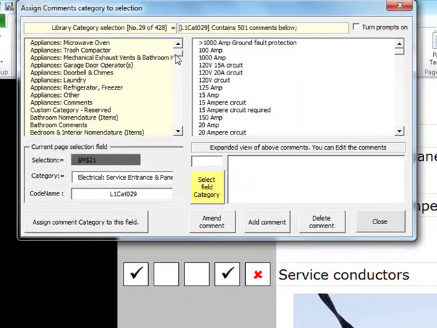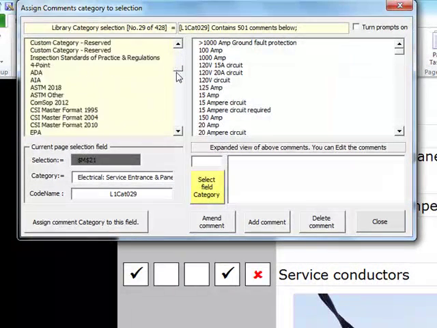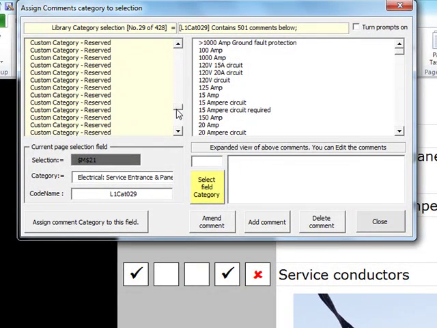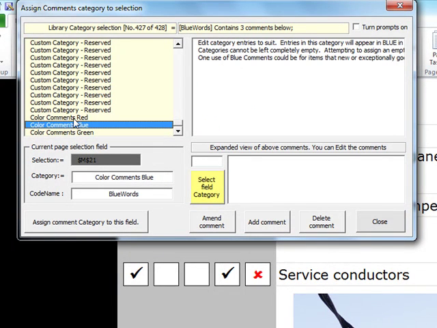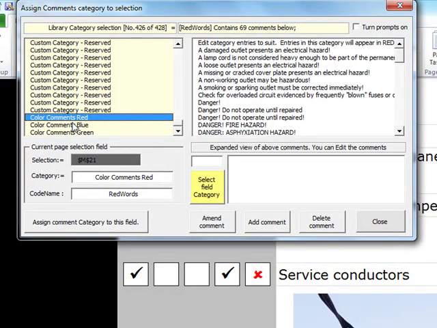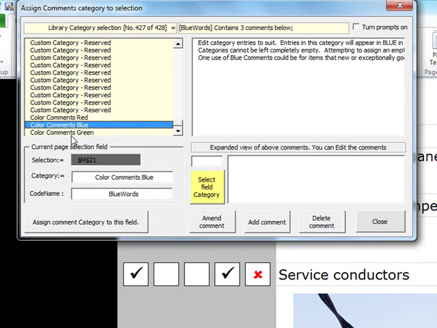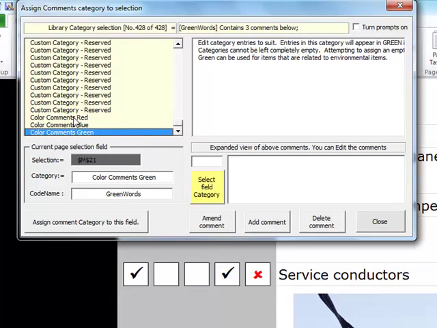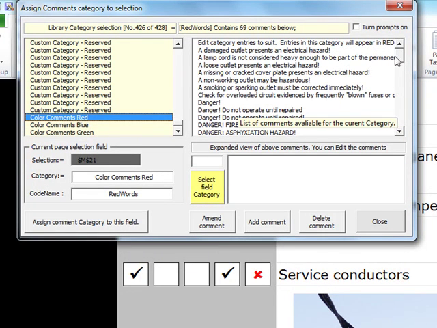I'm going to come over to my other side on my category assignment tool. I'm going to scroll all the way to the end because that's where the color words are stored. You'll see I have color comments red, color comments blue, color comments green. If I come over to the red, you'll see that I have